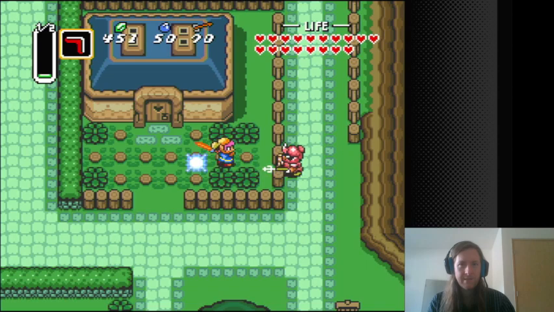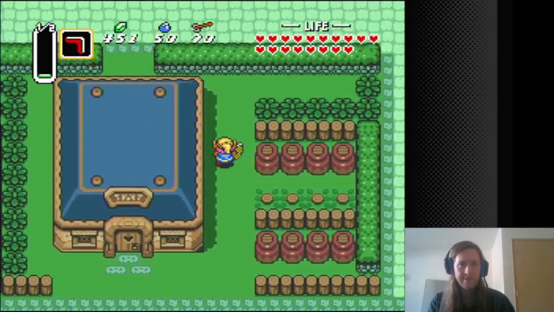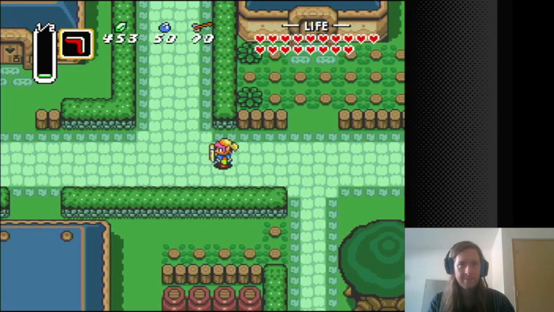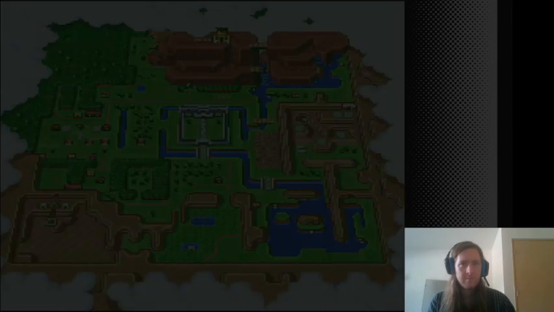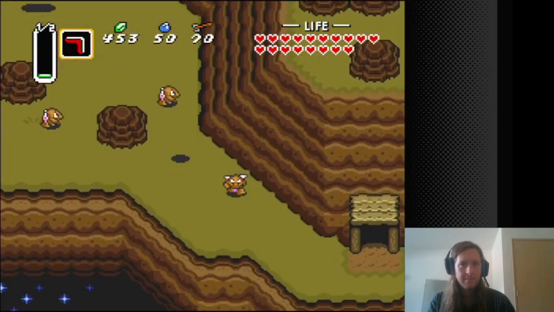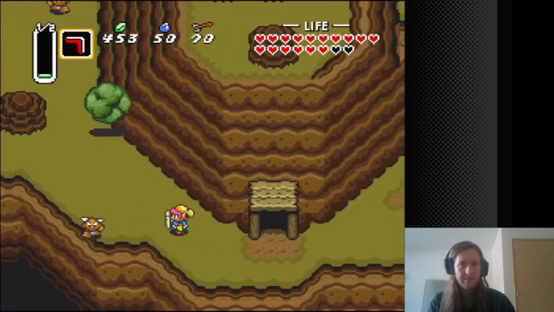I don't know if I actually need magic power to get to the boss room in the dungeon again, because I know there's full magic power-ups. Oh well, I guess I won't worry about it really. No, I have everything except